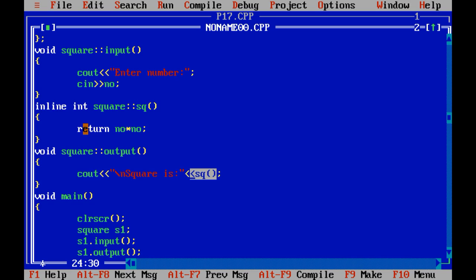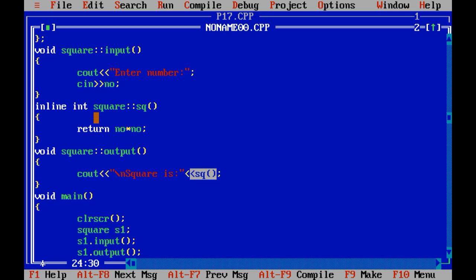So number 1 over here, see, the inline keyword we have already applied to a normal UDF. Over here this is part of the square class, so that function is known as a member function of that class. We can define that member function either inside the class or outside the class.